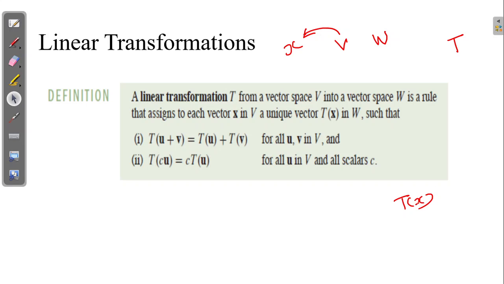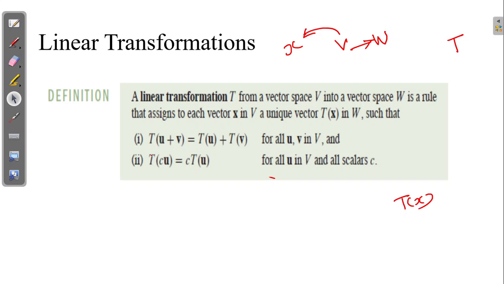You can call it transformation of x, or read it as T of x. So it is a unique vector T of x in W, our second vector space W, such that it should